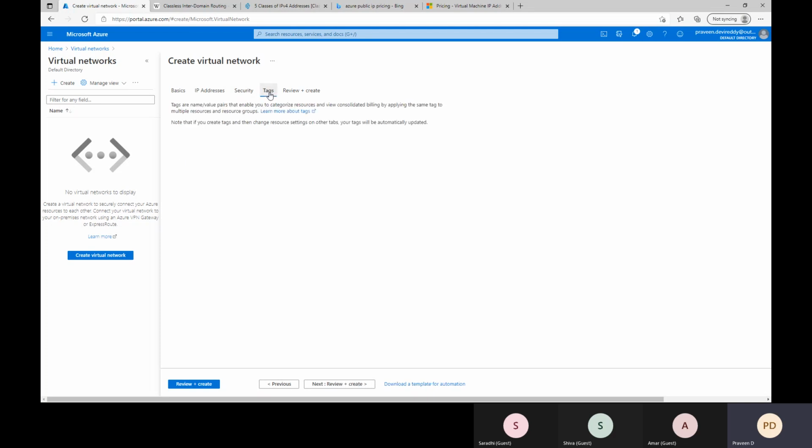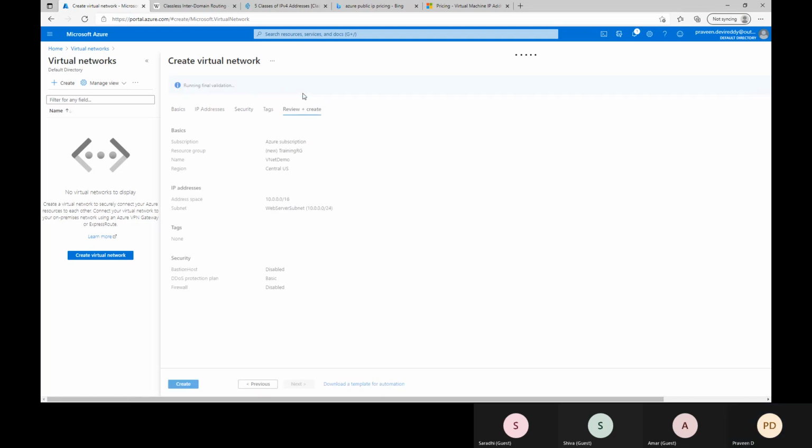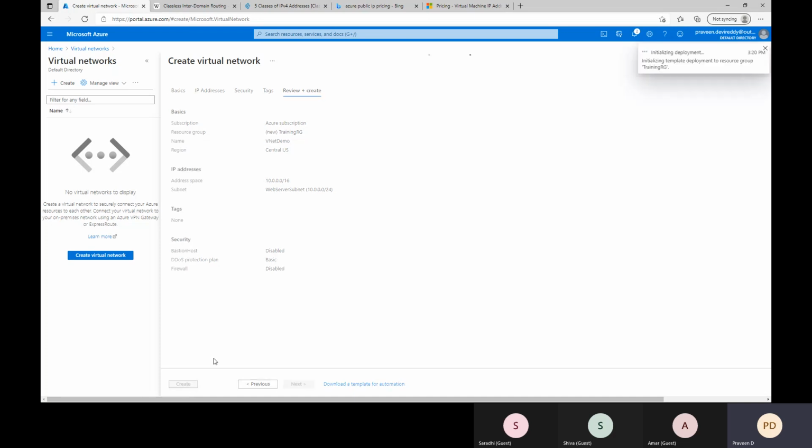Next I'll go to the tags. Currently I'm not providing any tags. I'm clicking on review and create. It will do a small validation. Once the validation succeeds, it will allow us to create the virtual network. So I'll click on the create button.